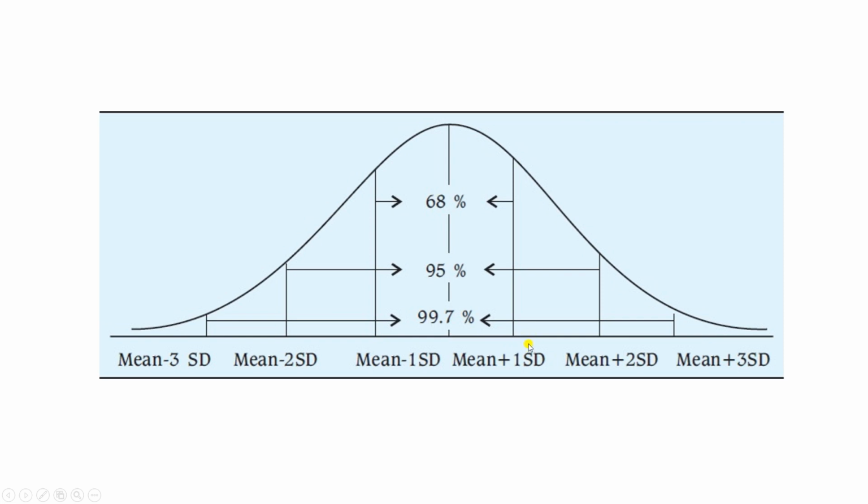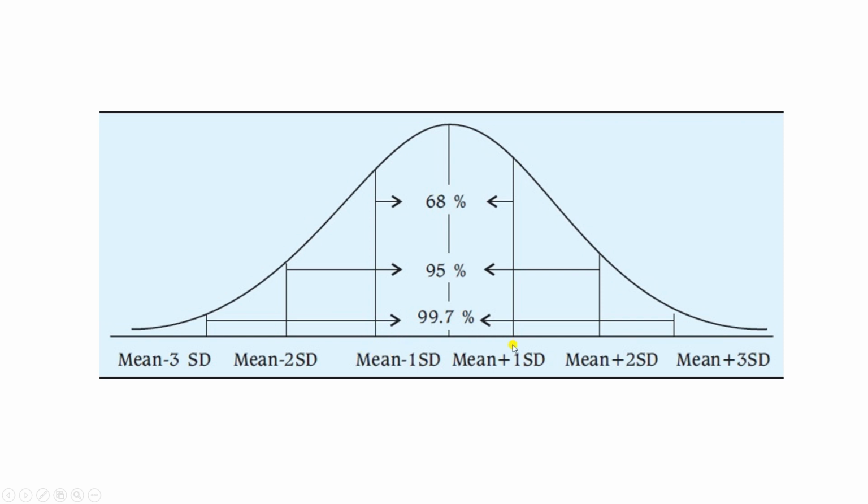So that means all the people in those 10,000 population having 74 to 88 millimeter of mercury of diastolic blood pressure will be in this area, right? Because this is the mean value, this is minus 1 standard deviation, this is plus 1 standard deviation. So mean value is 81, this is plus 7, this is minus 7. 81 plus 7 is 88, 81 minus 7 is 74.